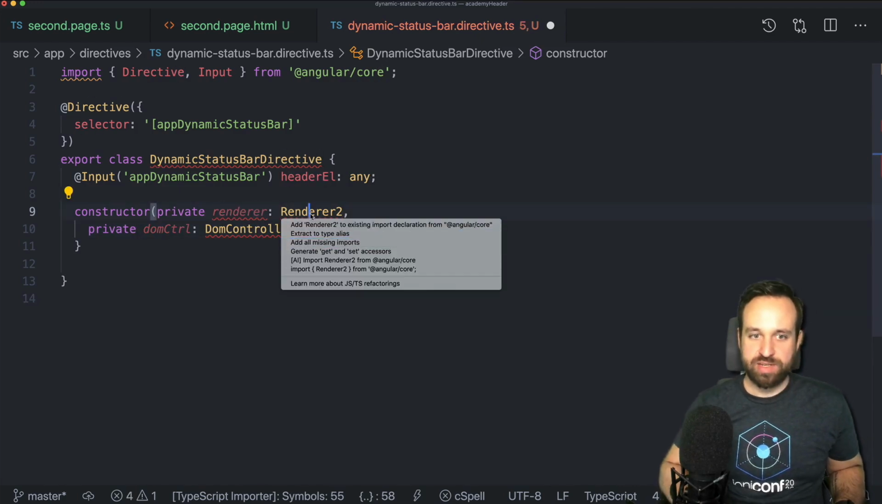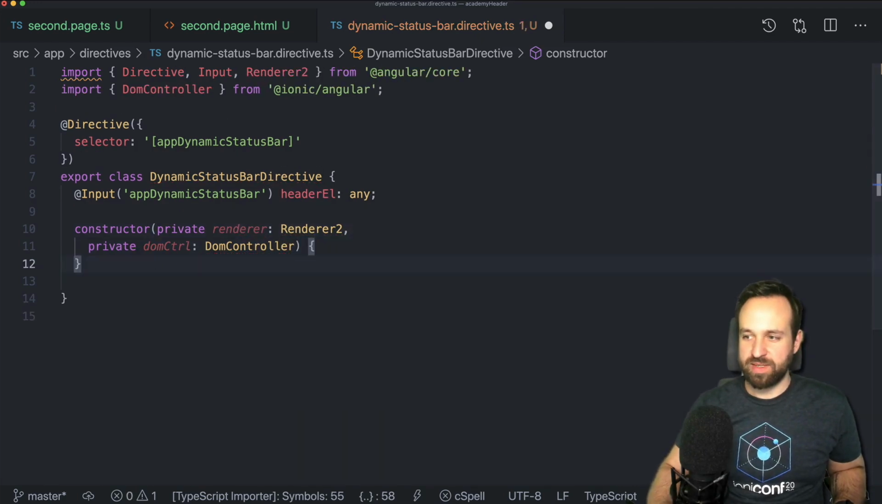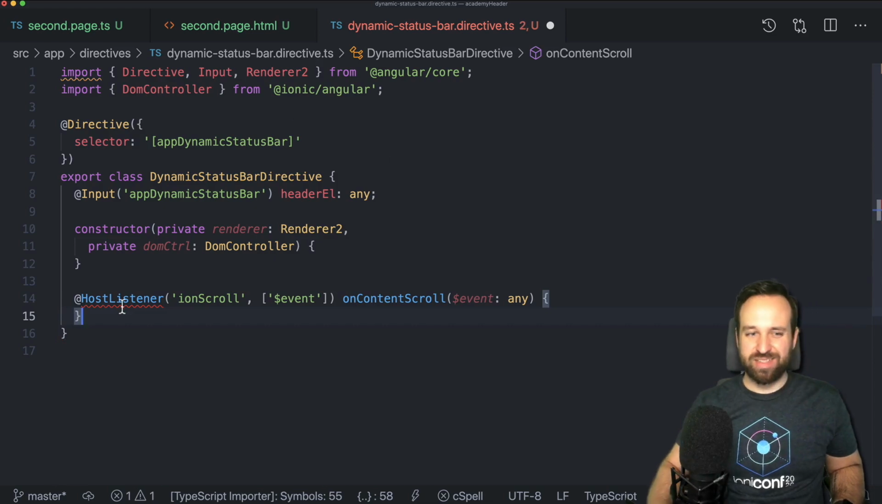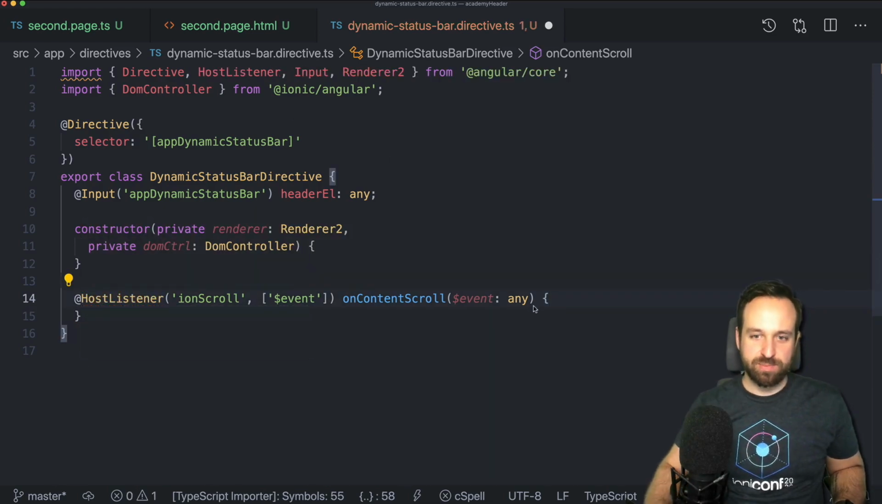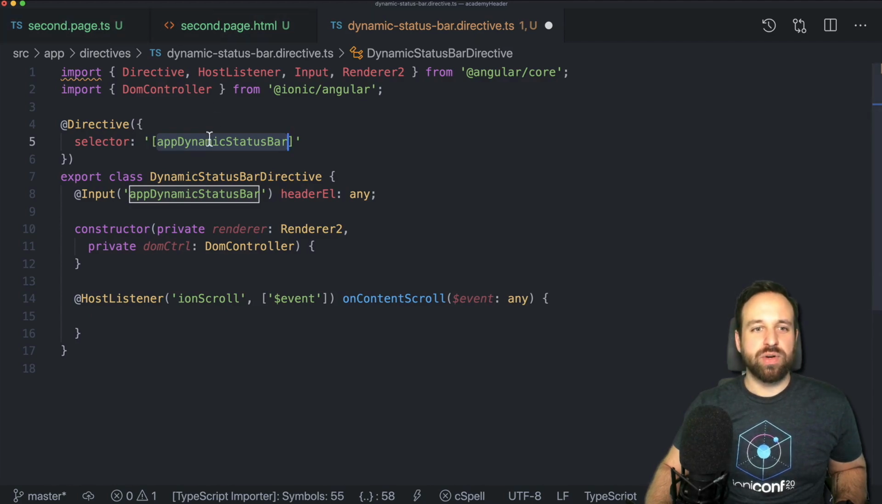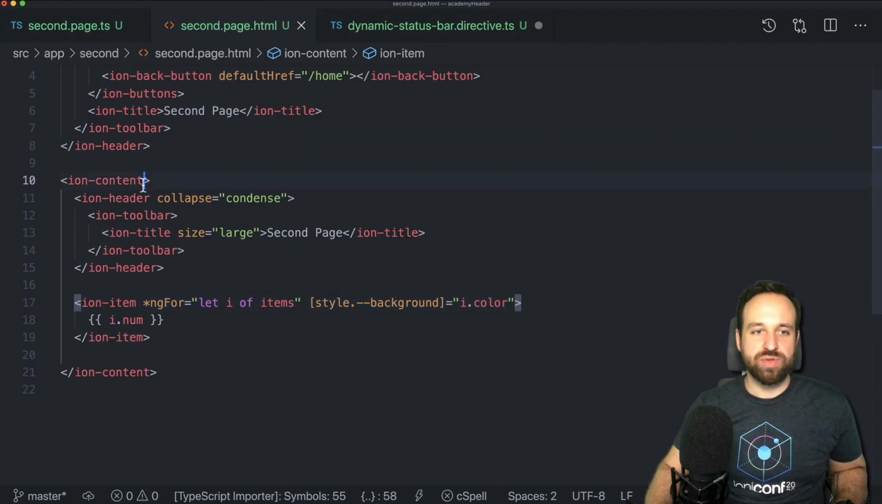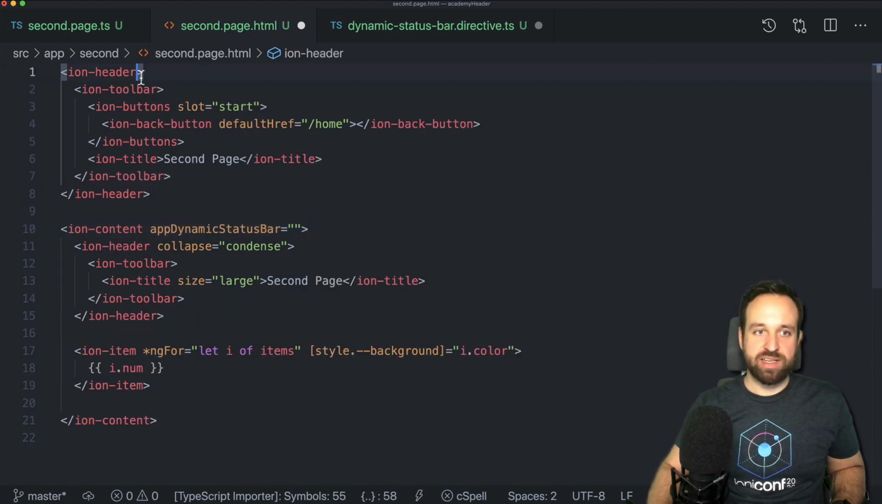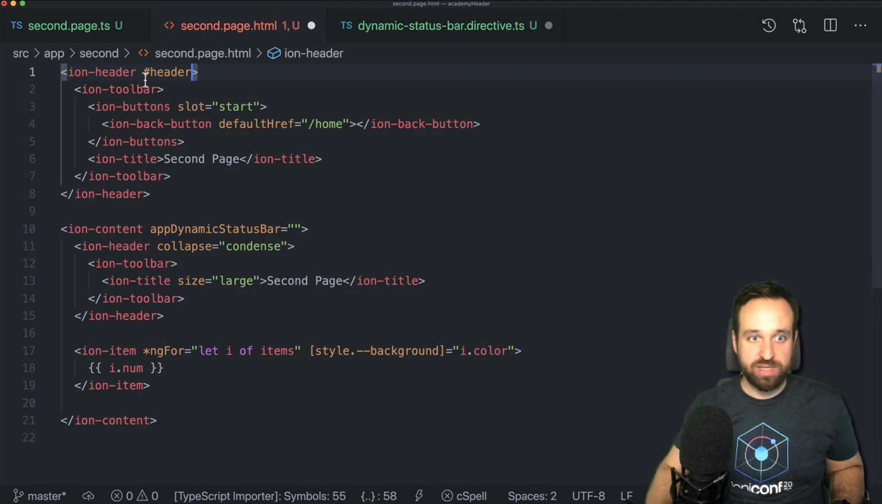We need the renderer and the DOM controller. The focus here really isn't on the actual implementation of scrolling out the header. It's also not really perfect by any means. But overall, it should look like this. We're listening to our Ion scroll. That means we will attach this directive on the second page to the Ion content. We will pass a reference to the header. So let's give this a template reference header